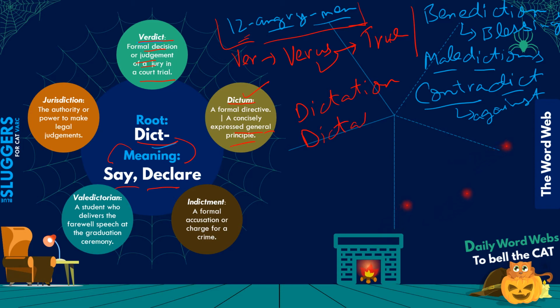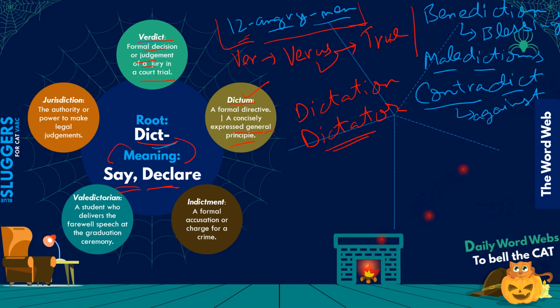Who's a dictator? A dictator is basically someone who simply declares or says orders. Someone who keeps giving orders and saying this should be done, that should be done. It's also a form of government which has been found to be detrimental generally, right? Dictatorship is when you have just one person dictating all that should be done and carried out. People don't really have a say there often. So that's dictatorship. Okay, so that covers dictation and dictatorship.